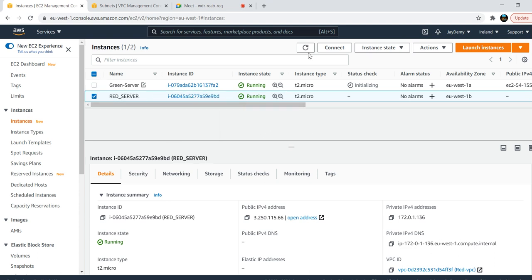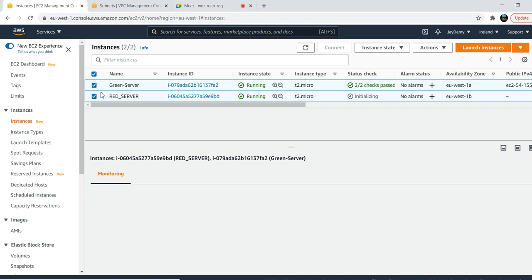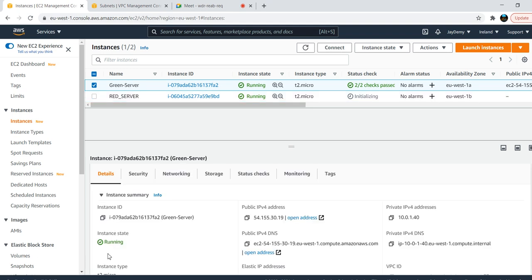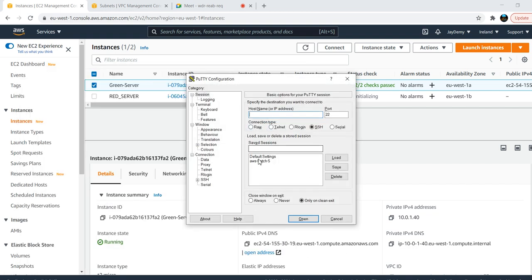So the first instance's status checks have passed. Now we are good to connect to that machine. What I will do now is open my PuTTY session. This I will explain whenever we discuss EC2.